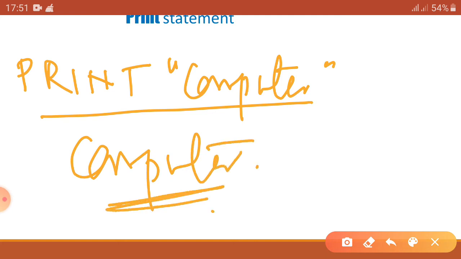Okay, but if I try to write it using the variable, then we need a variable. Already we have done it for the integer value. Now we are trying to do it for the string values, so we need a variable.